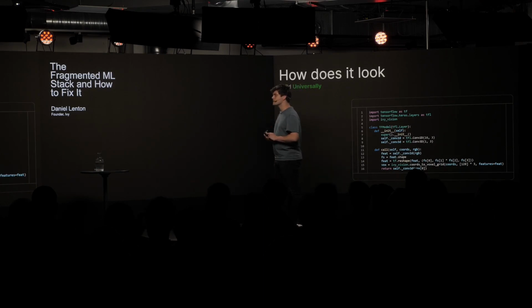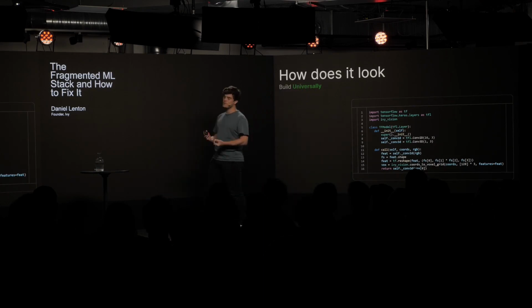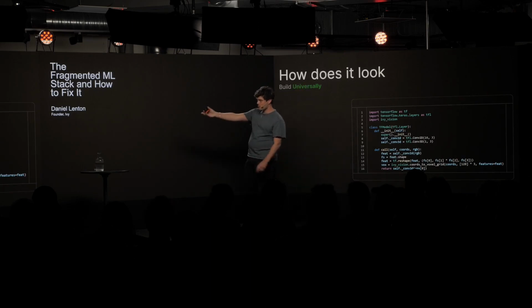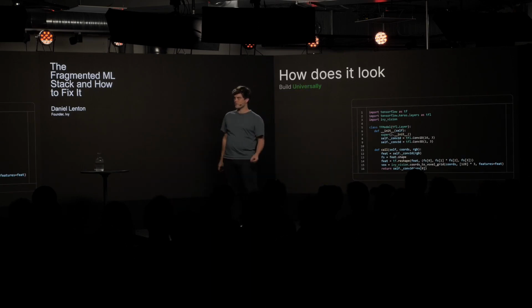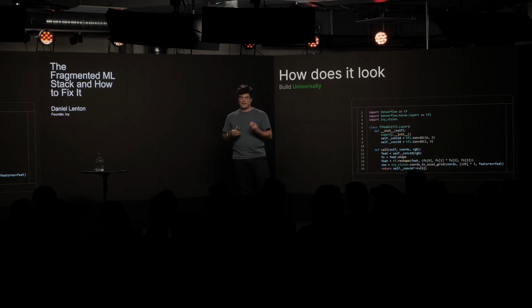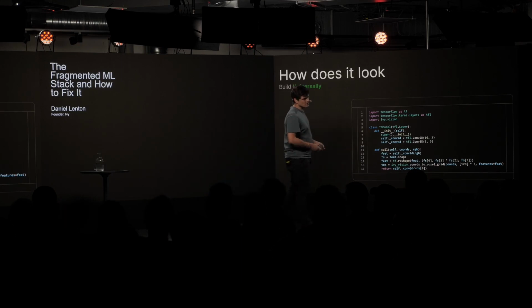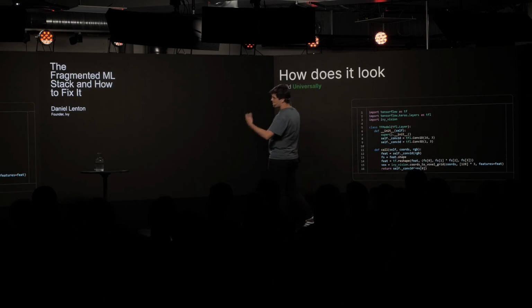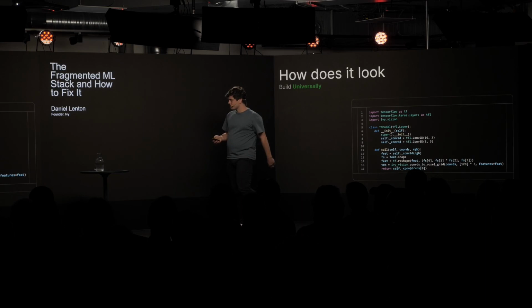The first thing that Ivy enables is for users to build universally. So let's say you want to build a library and you want everyone to use this as easily as possible. Well, if you write your vision library, in this case line 3, import Ivy vision, if you write your library in Ivy, the functions of this library, we have line 15, this coordinate to voxel grid function, these functions are instantly integratable with all of the existing frameworks. So in this case, it's a TensorFlow Keras model, but it could easily be PyTorch or JAX or anything else.